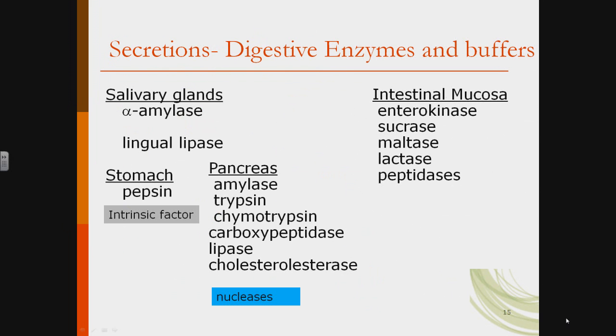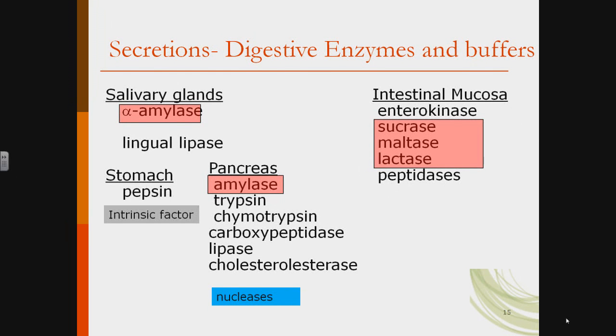I'm now moving on to secretions of digestive enzymes and buffers, and I've tried to color coordinate things as much as possible. If you take a moment to orient yourself with the different titles I have on here, I have salivary glands, which of course would be associated with the oral cavity, followed by the stomach, followed by the intestines. Along with the intestines is the pancreas. So in this pink color, I'm highlighting enzymes that are related to carbohydrate digestion.